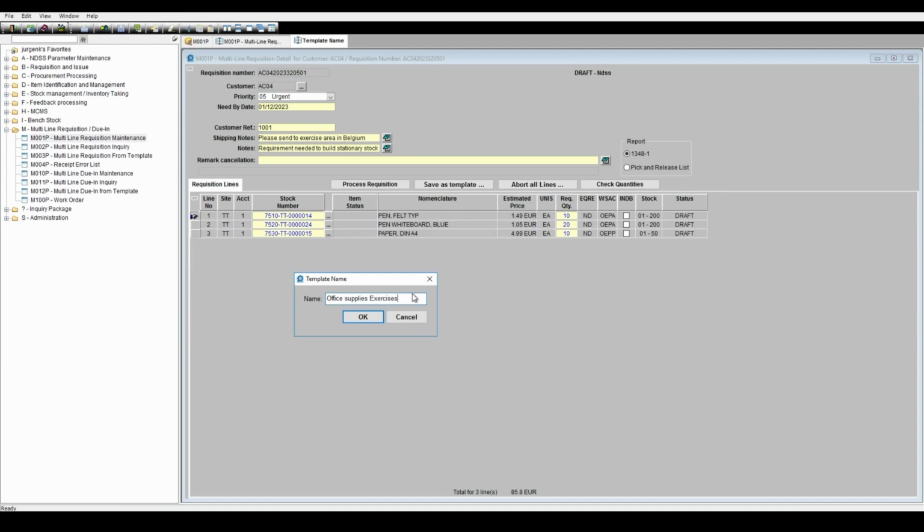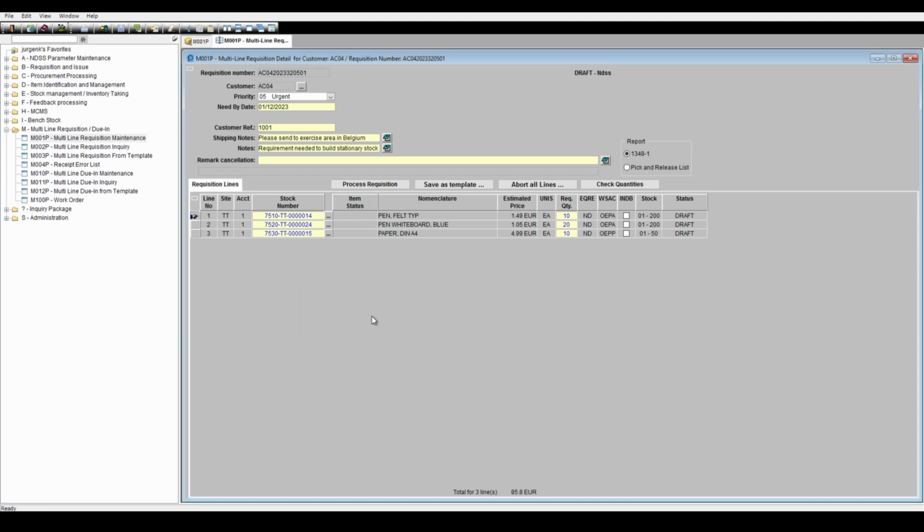As an example, office supplies for exercises. Okay. Now I saved this MLR as a template, which I can reuse. I will show you in a few minutes how we do that. Next to saving as a template, I can also decide